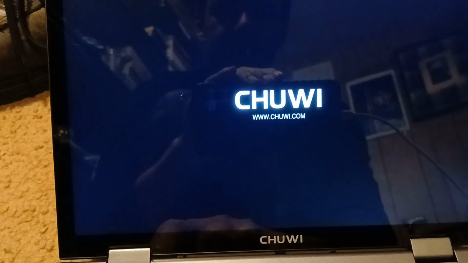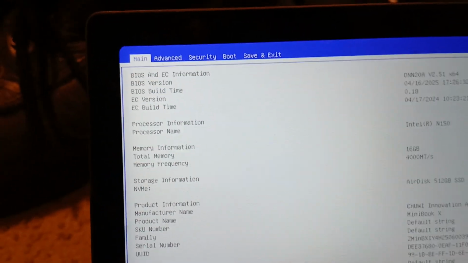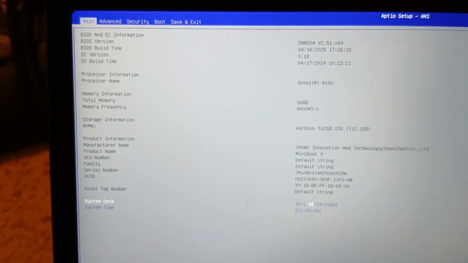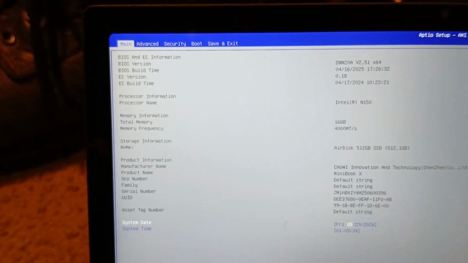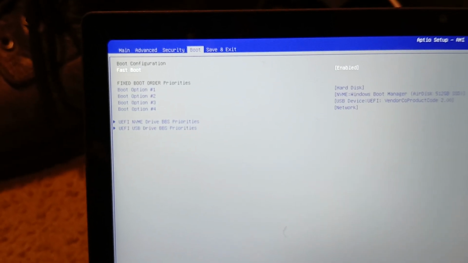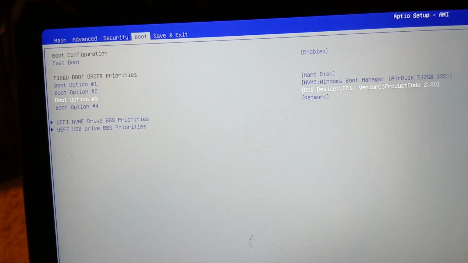On some computers it's escape. On this one I believe BIOS settings are accessed through F2. Yes, they are. Okay, so this beautiful screen is the BIOS, the basic input-output system, and you navigate with the arrow keys. So boot, boot manager, USB device. If we highlight that,